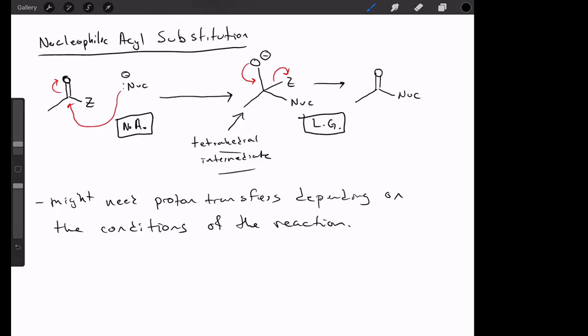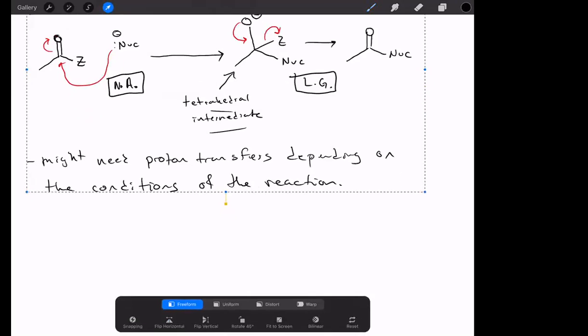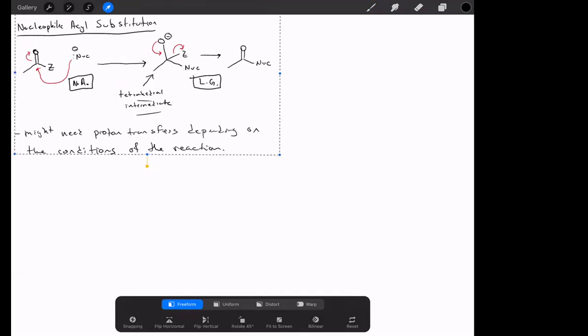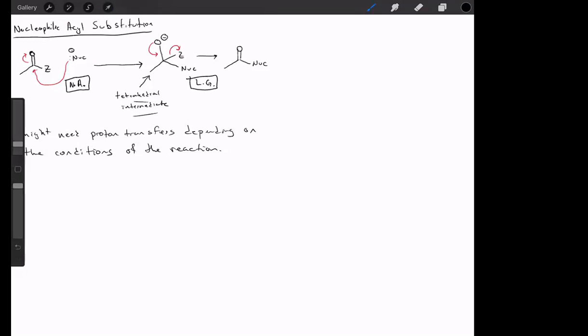So let's take a look. Here's one example that fits really well with this basic generalized mechanism. If I have something like an acid chloride and I react it with methoxide,